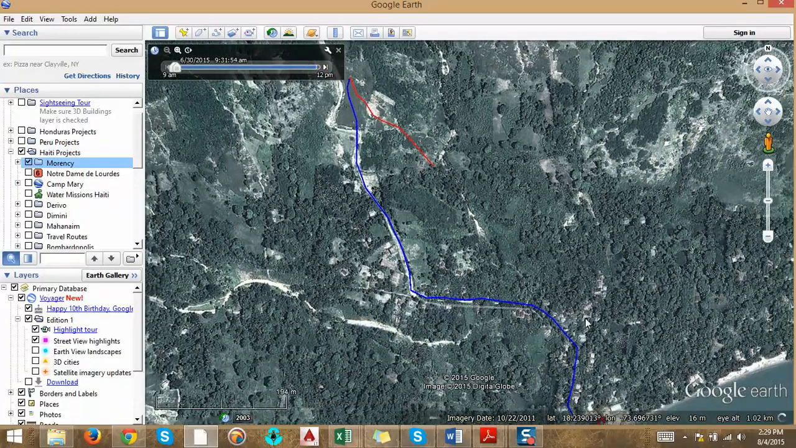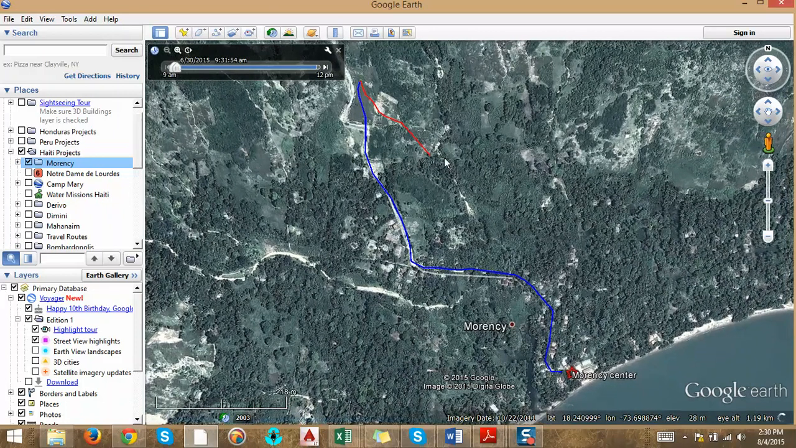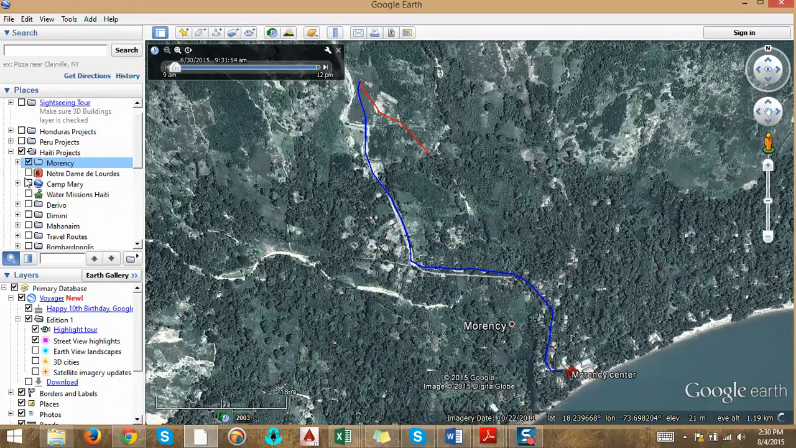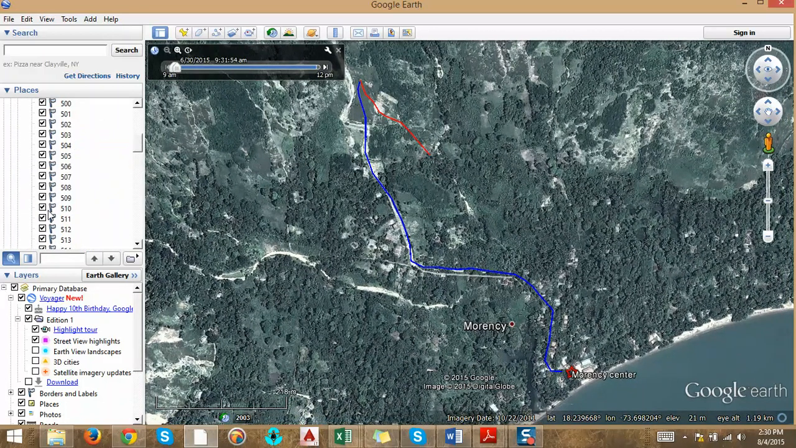Since we have two different systems, we're going to have a supply system, which will be this red line. That'll go from